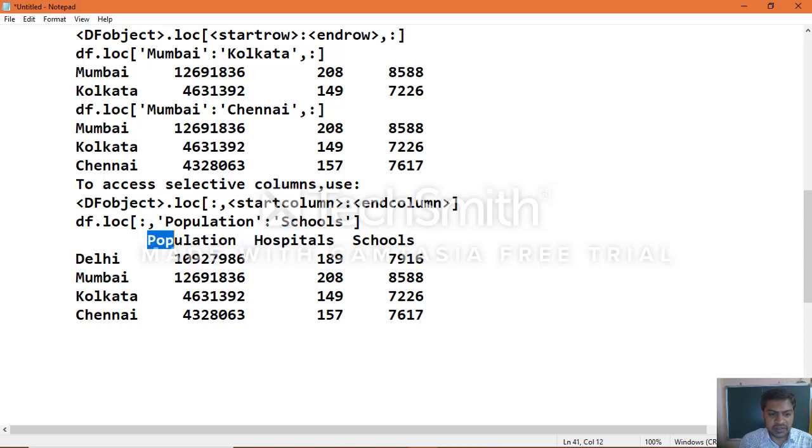Including those two, there are three column labels here: population, hospitals and schools, with one more column in between, all of which we get as output.